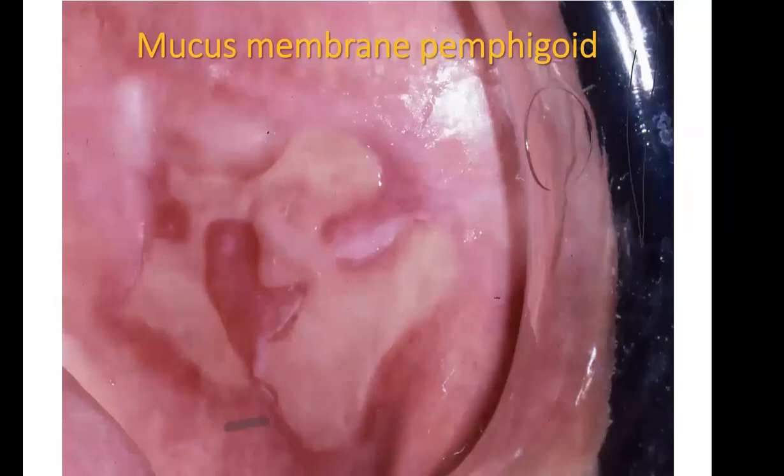In mucous membrane pemphigoid, the separation or disjunction occurs at the region of the hemidesmosomes and the lamina lucida. So the entire epithelium sloughs off, leaving behind these raw, exposed connective tissue areas that then get capped by fibrin. So lesions of mucous membrane pemphigoid look a little more yellow in color, unlike pemphigus. And so that's one important clinical differentiating factor between mucous membrane pemphigoid and pemphigus that textbooks will not tell you. And so mucous membrane pemphigoid,